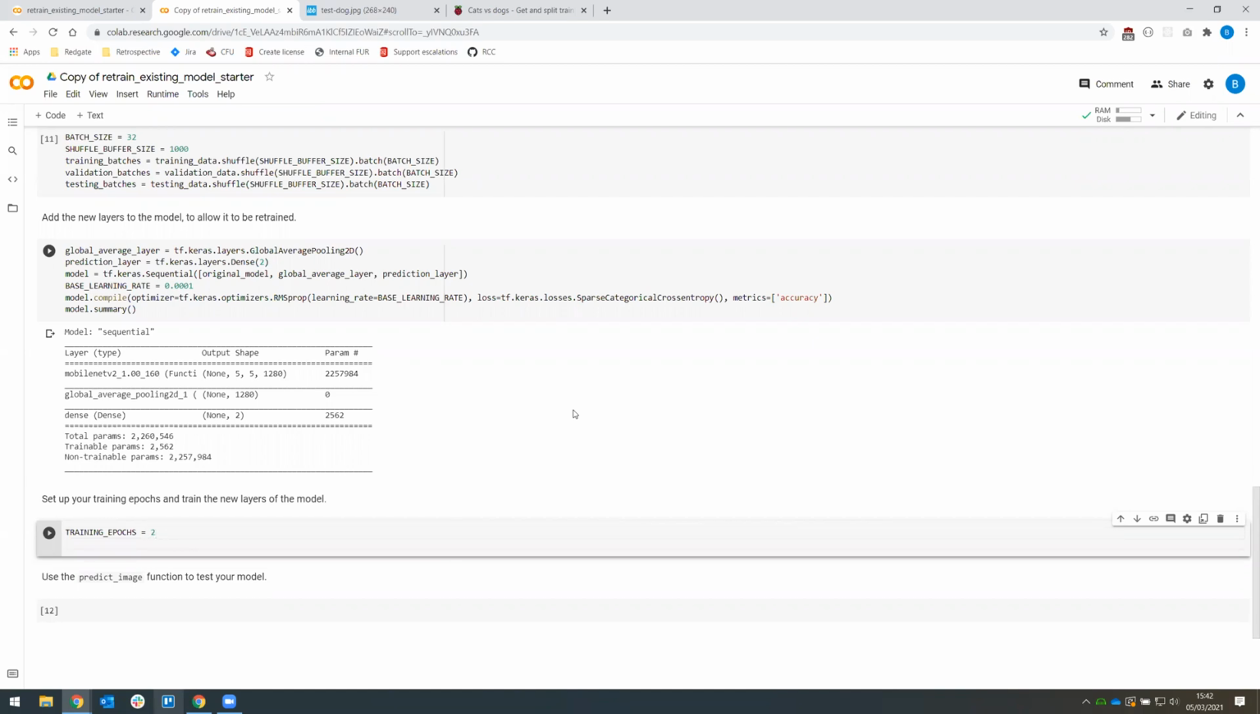Okay, so now we've created a variable for our number of training epochs. Let's train our model. So to train our model, we're going to use our computer's GPU. So that's the graphics processing unit of our computer, instead of the CPU, which is the central processing unit. So the CPU is the general purpose processor that our computer uses, and the